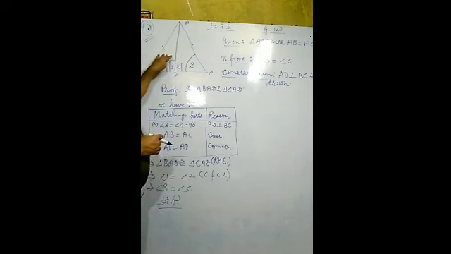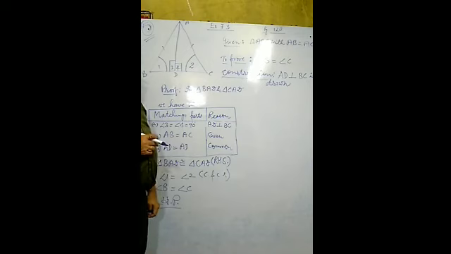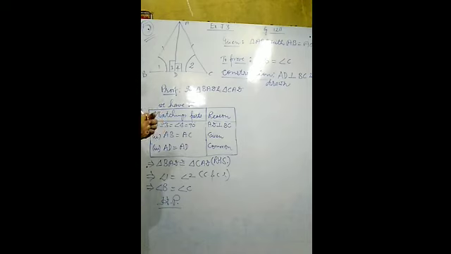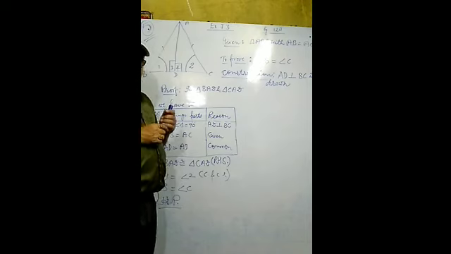If both the triangles are congruent, what about angle 1 and angle 2? So angle 1 will be equal to angle 2. Why? Because these are the corresponding parts of congruent triangles. By CPCT, angle 1 equal to angle 2. If angle 1 and angle 2 both are equal, this one is required. Angle 1 means angle B, angle 2 means angle C, and this is what was required. In this way, we have completed exercise 7.3.